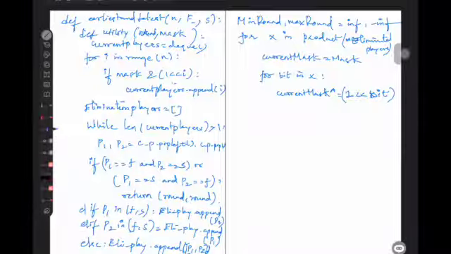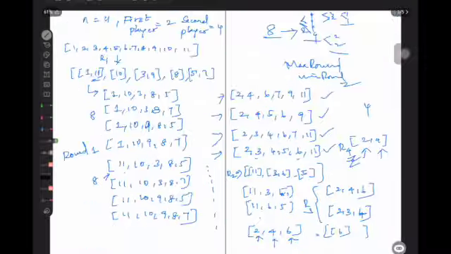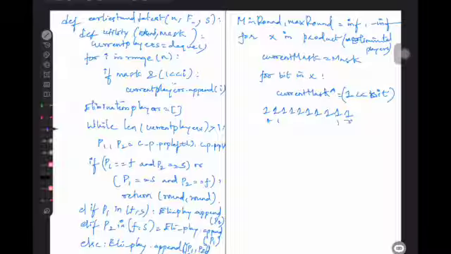For example, let's assume first what is the bit. First we are getting the first bit 1, so bit will be 1. So our current mask will be 0 1 2 3 4 5 6 7 8 9 10. So 11 bits are there.